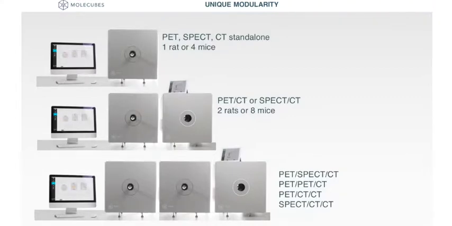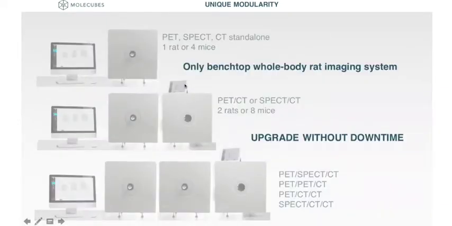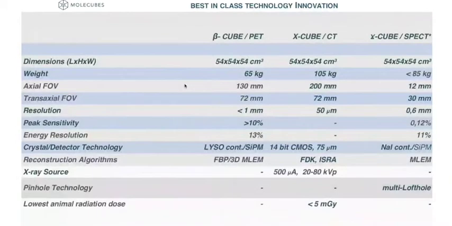In addition, the systems can be operated in a wireless manner via an iMac workstation or via an iPad. So to summarize, we are the only benchtop system that can fit full body rats, and we also allow you to upgrade without downtime. So here you can see a table with our specifications,